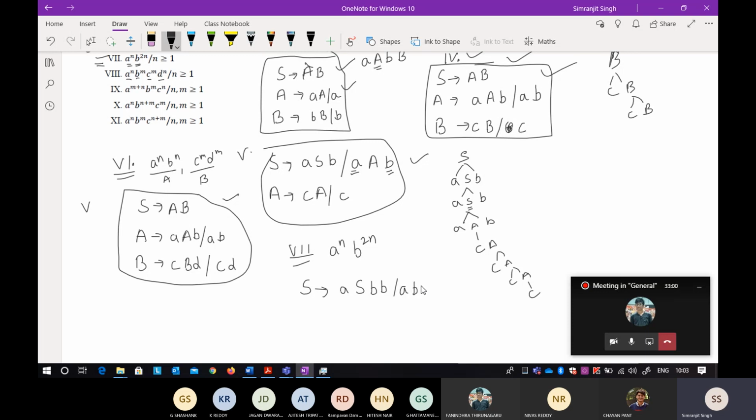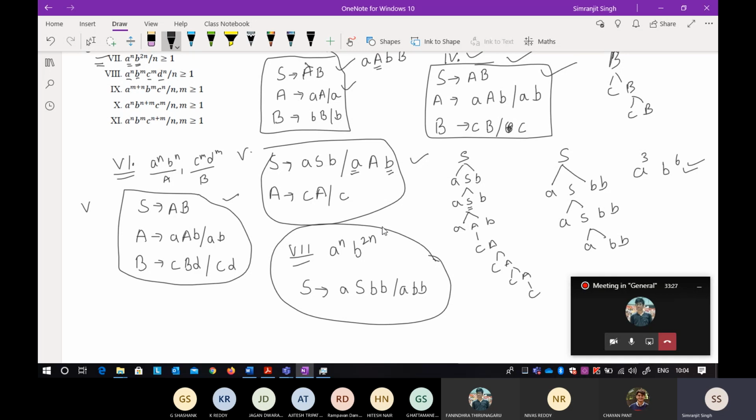The smallest will be abb. If you have any doubt, you just take a syntax tree and derive a string: it will be aSbb, so it will always be bb, and always two b's will be derived. If you want another one, it will be aS again with bb, and if you want to stop it, it will be abb. Now, if there are three a's, there are six b's. That is fine. That is the absolutely correct grammar obtained by Phanindra.